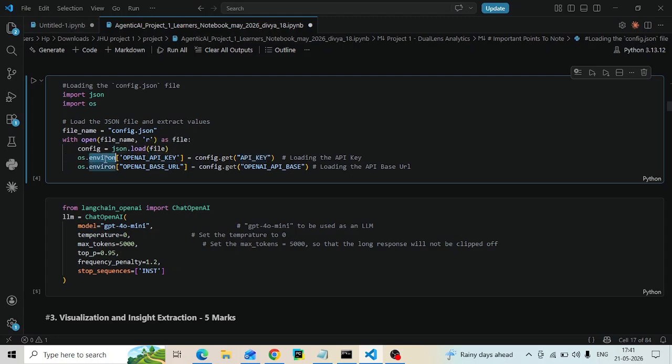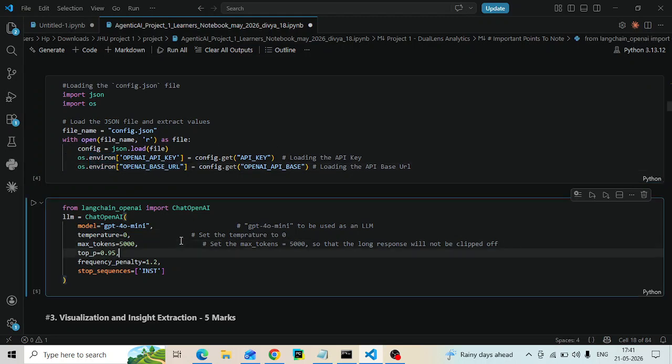these particular environment variables, os.environ, these are the OpenAI key and OpenAI base URL. Here I am trying to load them. Now what I am doing here,